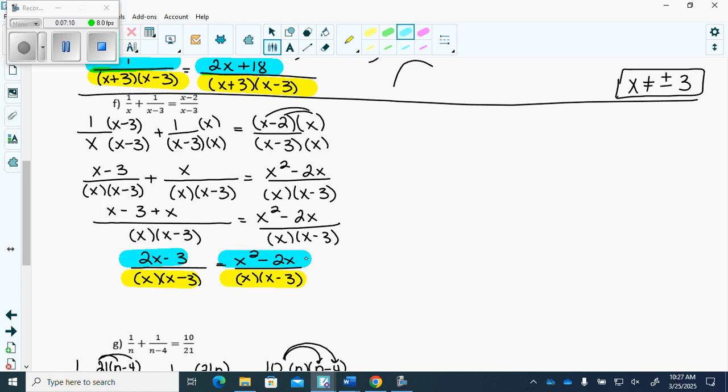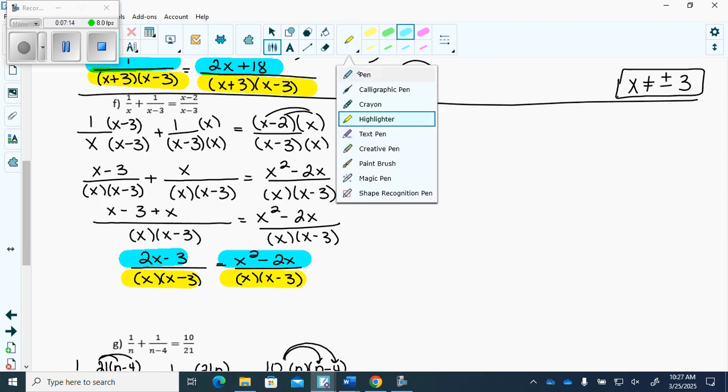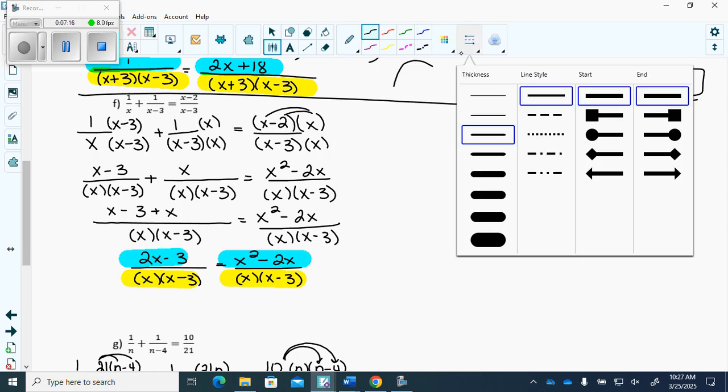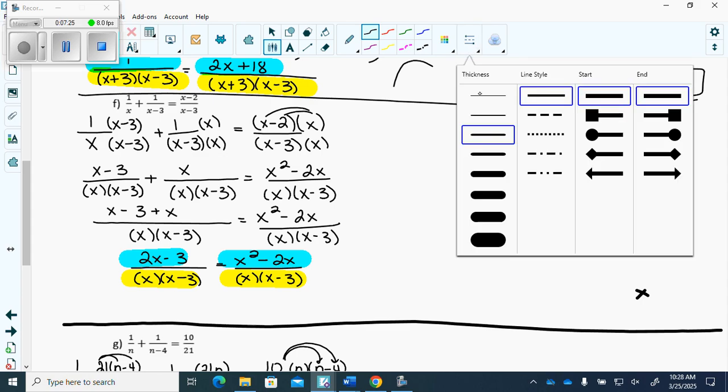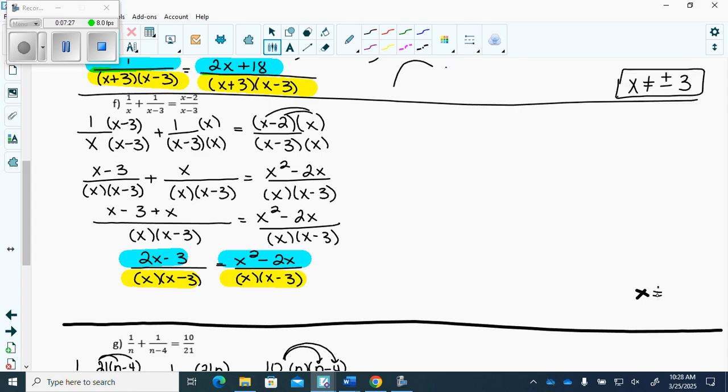We always get to this point. Well, hopefully you get to this point. All right. So now, before I get rid of those denominators, I have to say x can't equal 0 or 3. Everyone's paying attention? All right, so then we have